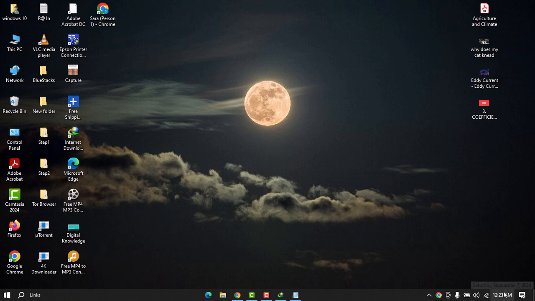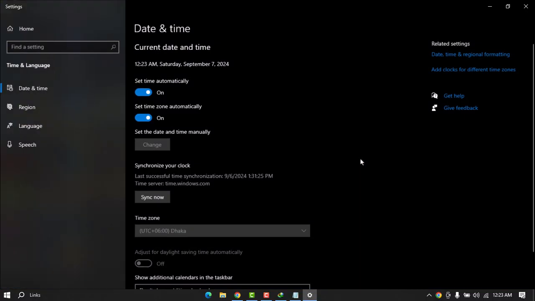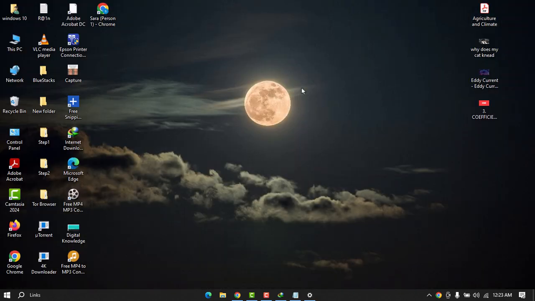There might be some reasons in which your date and time might not be correct, so in that case, right-click on the date, and you will be given the option to adjust date and time. Click on it, and here you just have to set time automatically and set time zone automatically. That's it, and your date and time will be back to normal again. Then try to open your Microsoft Store. If it's working, then you are good to go, and if not, then try the second method, that is